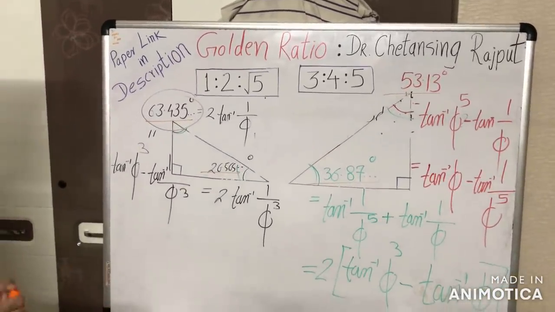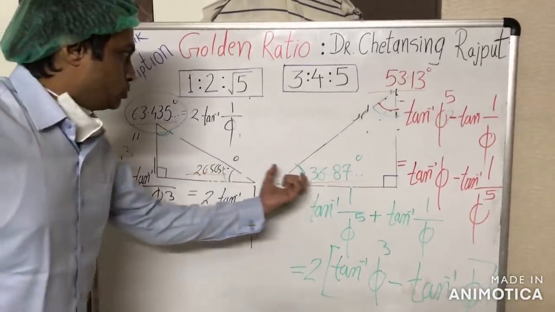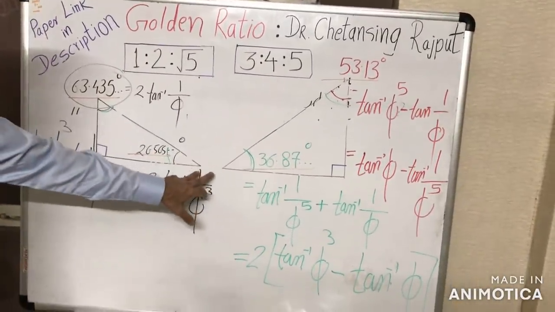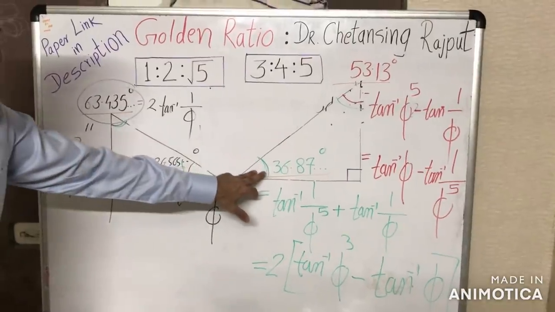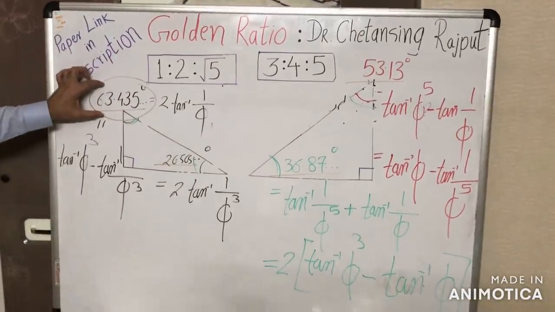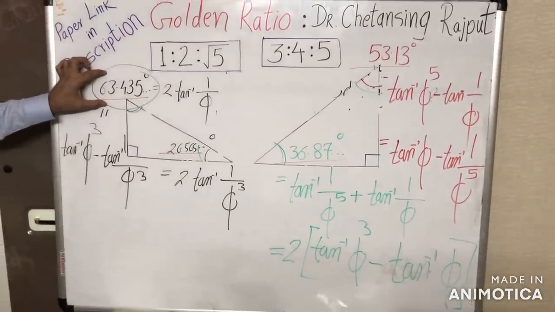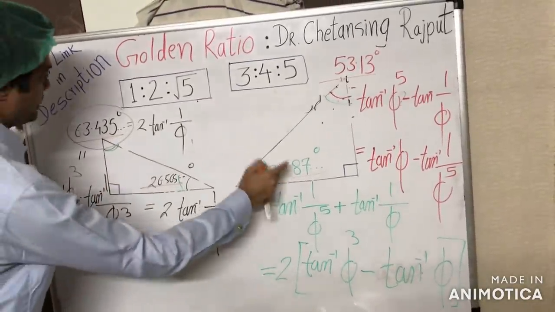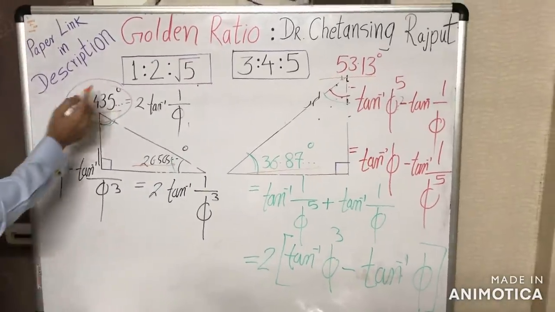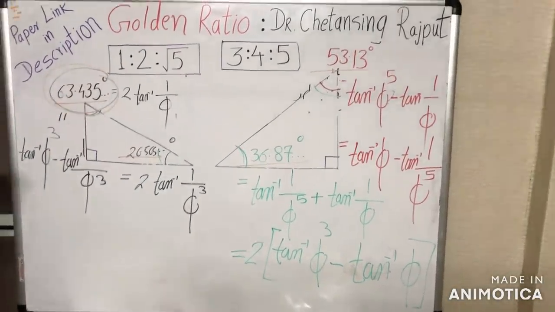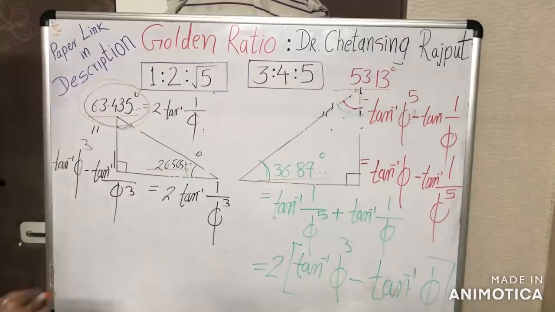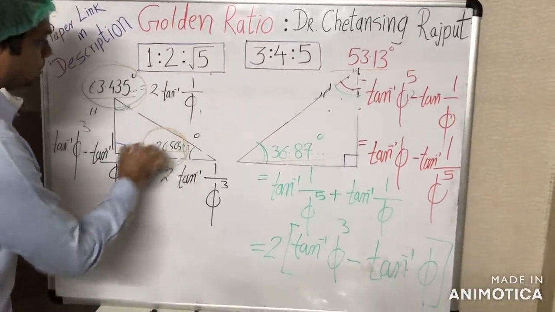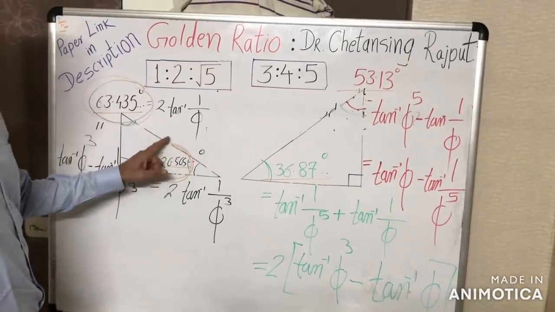Another important thing, look at these two smaller acute angles. The two smaller acute angles of these two triangles add up to the larger acute angle of the 1, 2, root 5 triangle. 26.565 degrees and 36.87 degrees add up to this acute angle. And another last important thing, twice of this angle, twice the smaller acute angle of the 1, 2, root 5 triangle